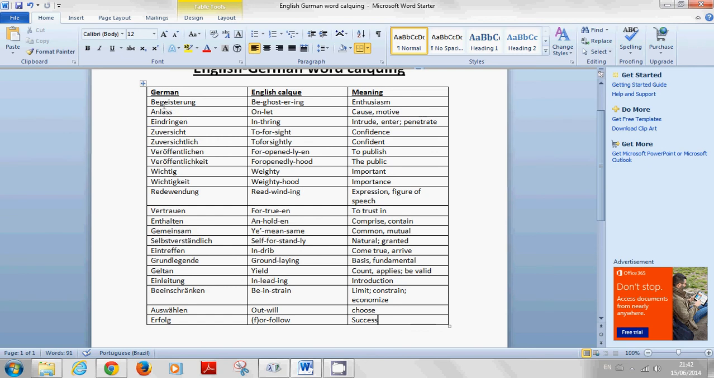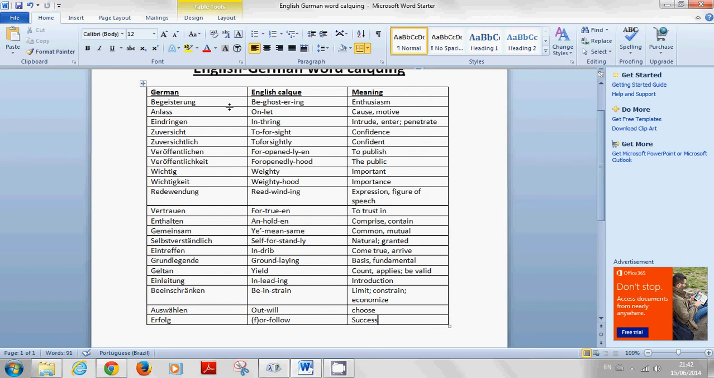So this first one is German Begeisterung, and in English there is be, which is just a particle for all kinds of things, the same that's in the word befriend somebody. And there's ghost, just something that's around, and then ing. So begostering is enthusiasm. I'm not really sure how a ghost is enthusiastic, but this is what the word is